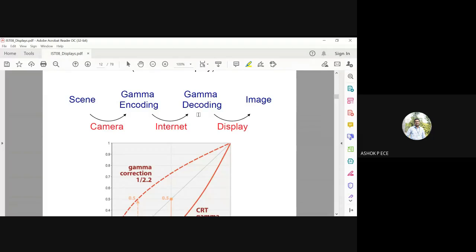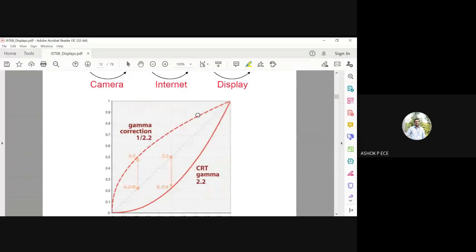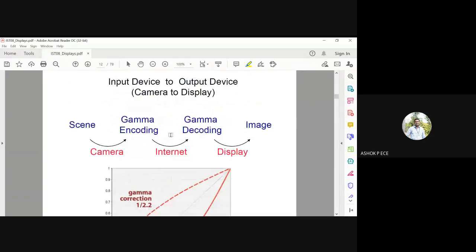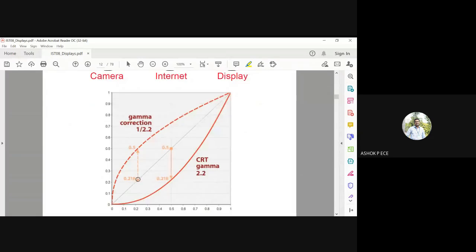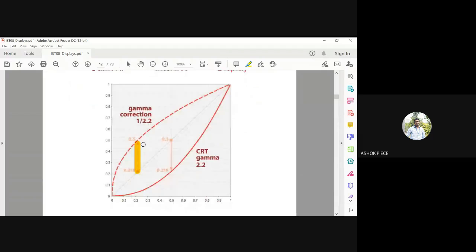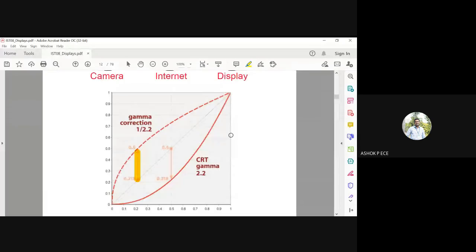So see here, you have two things: both encoding and decoding gamma. The encoding is a normal scene. Normal scene means gamma equal to 1. It's a straight line. When you do gamma correction, when you do gamma encoding, the value will slightly increase from 0.218 to 0.5. When you download the file, it will decrease from 0.5 to 0.218 again. Okay, 0.218 is the original value, right? It will decrease from 0.5 back once you start gamma decoding your signal.